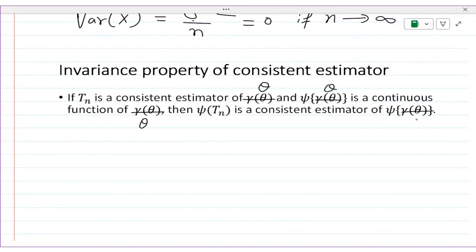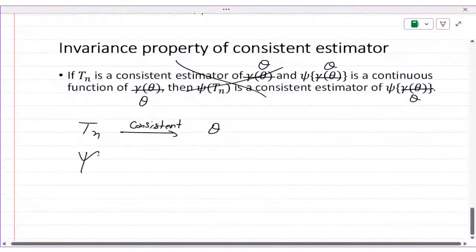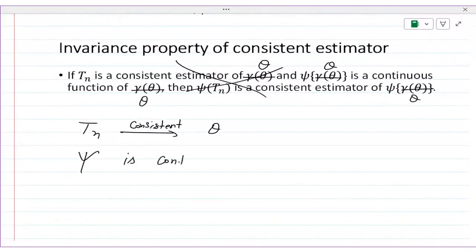Let me erase all this. Let me tell you in another way. So if Tn is a consistent estimator of theta, it means with the help of Tn we can measure the value of theta with 100% probability when n approaches infinity. Okay, so if Tn is consistent and you have some function psi, and psi is a continuous function,